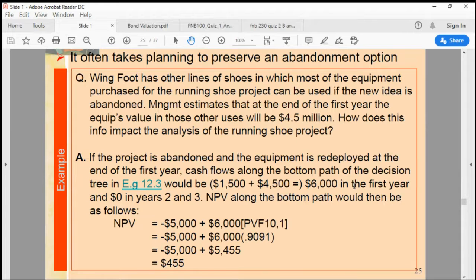Then the additional equipment gets redeployed, right? In, let's say, basketball shoes or tennis shoes, and then it will still generate 4.5 million, right? And in the bottom path, right, it will be a total of, because,